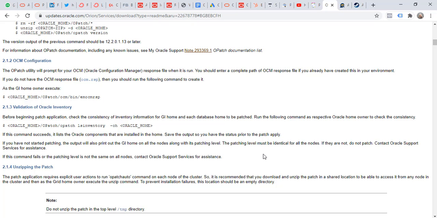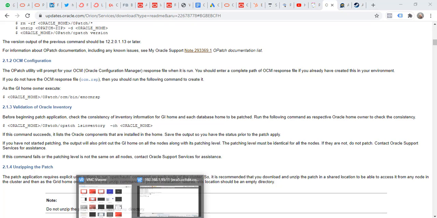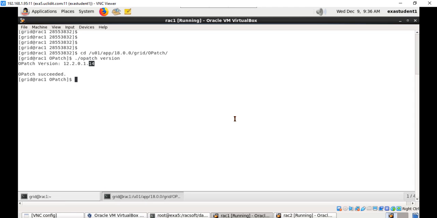So let us execute this as a grid user. I will change to my Linux home directory, /home/grid. From this I will execute this. Where is this installed? Grid home